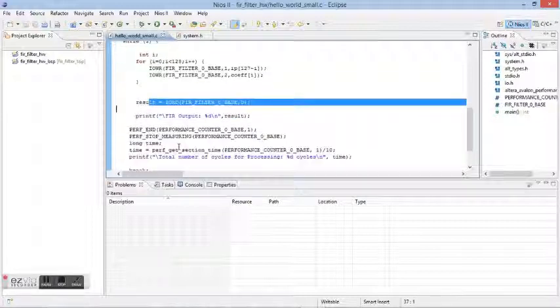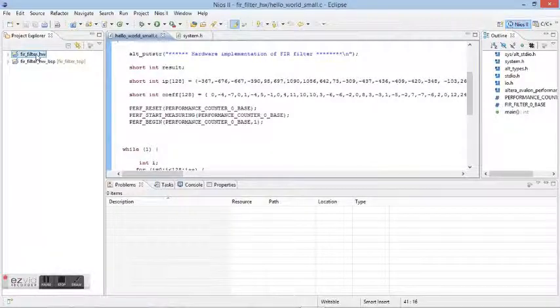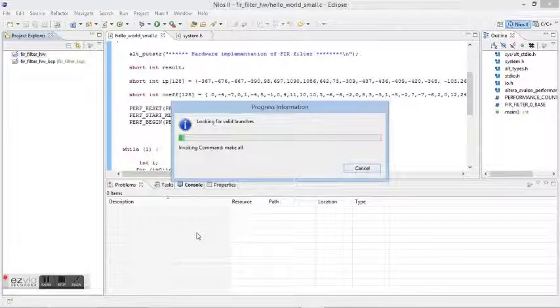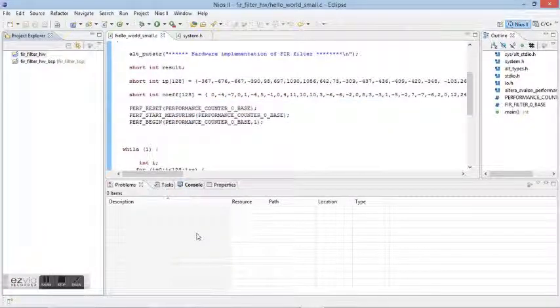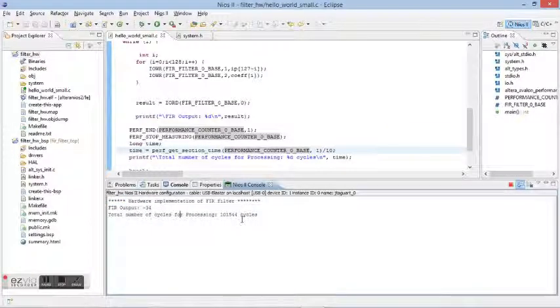The code now will have two inputs, IO write and IO read. So the IO write is to write the inputs and IO read is to read the output from the Nios 2. Now I am running this program onto my board and I'm waiting for the output from the hardware. It would take a little bit of time. As you can see, the output is minus 34 as in the first case, and the cycles, if you notice, it takes less than what is